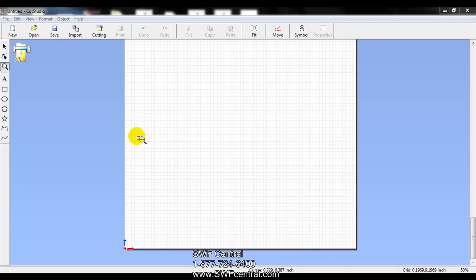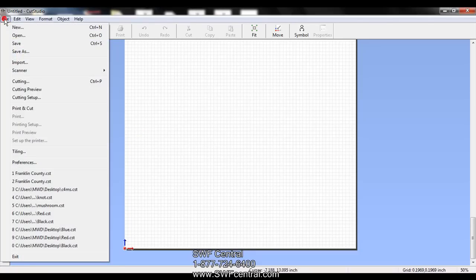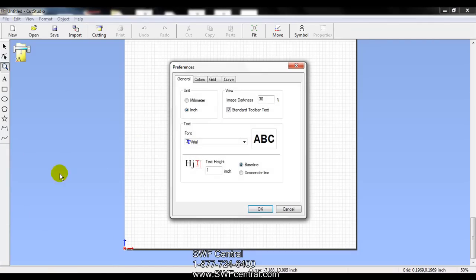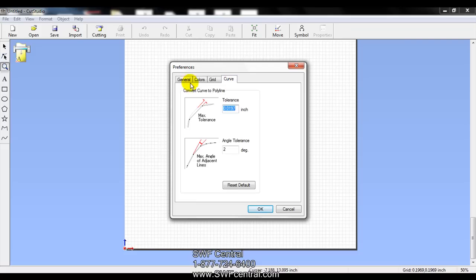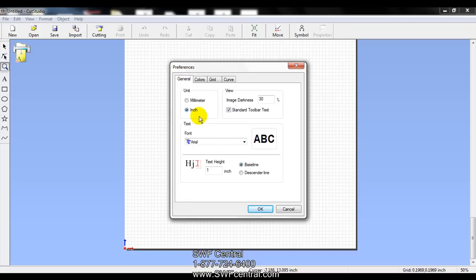You also have different preferences within the Cut Studio itself. If we go up to File and then scroll down to Preferences and left click, you can see here we can change the preferences. We have a General tab, a Colors tab, a Grid tab, and a Curve tab. In each one of these different tabs, you'll see different preferences that you can change, such as if you want to work in millimeters or inches, the image darkness, and that would be of the image that you actually import,